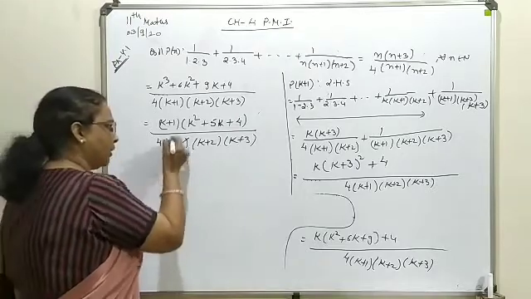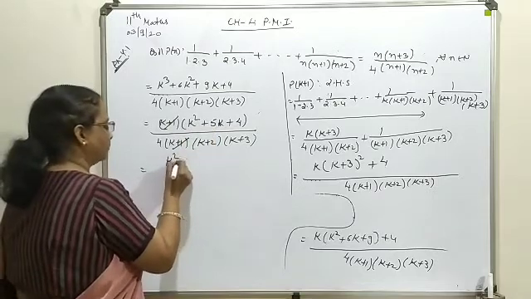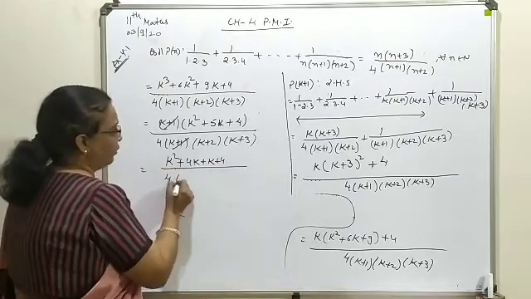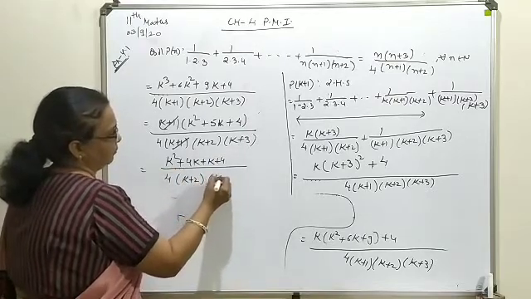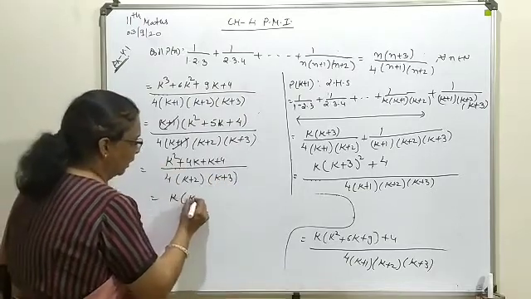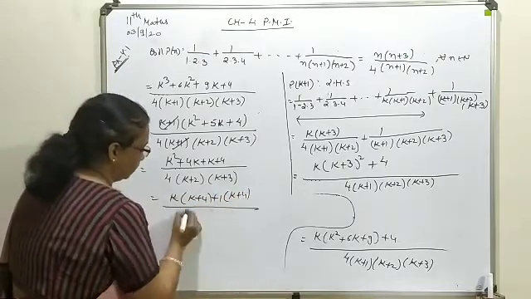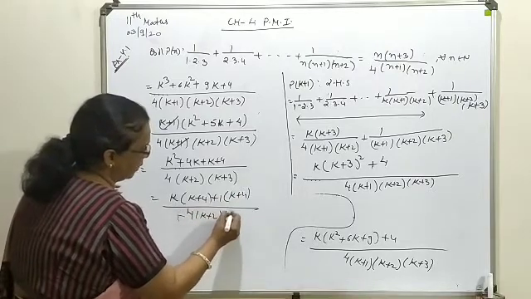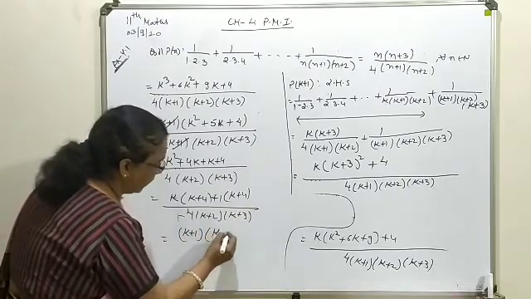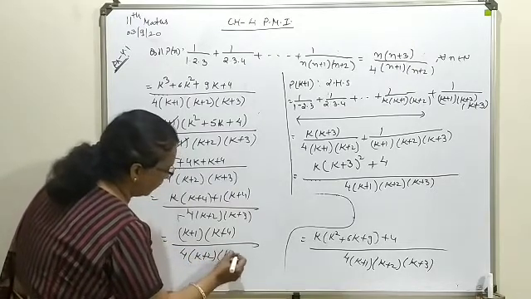Now this one bracket we can cut out. Now factorize with 4 and 1 only. This 4 you keep as such. Now take common: k plus 4, upon 4 (k plus 2)(k plus 3). Here k plus 1 is one of the brackets, another is k plus 4. This is 4 (k plus 2)(k plus 3).